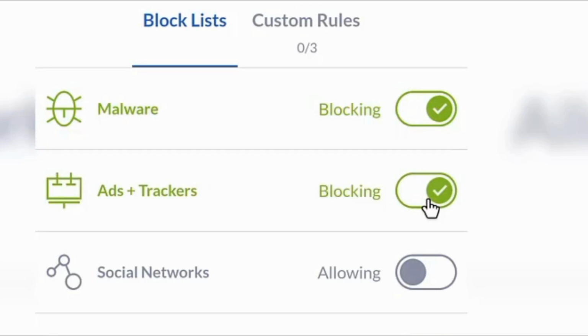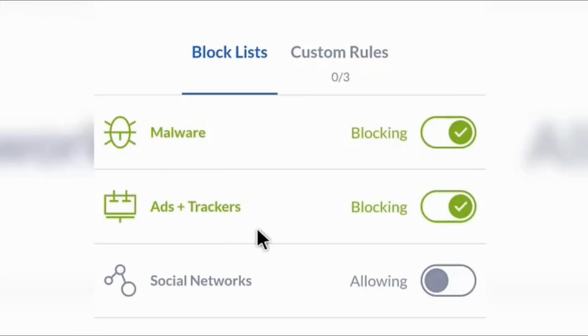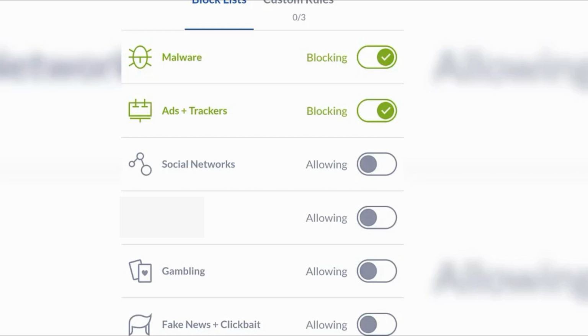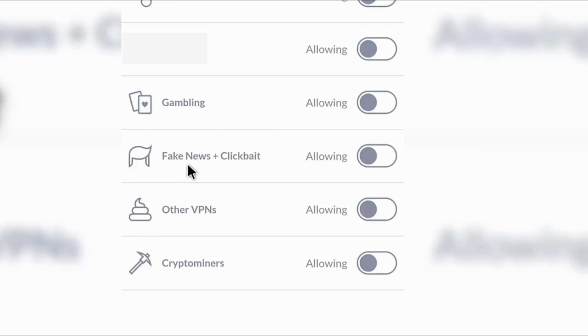Windscribe provides the Robot feature. This tool blocks malware by default. It can also be used to block specific social media websites, gambling, and even sites that publish fake news, which is a pro account feature. To configure the function, you need to go back to your account and click on Tab. Then you simply have to mark the category of the content that you want to block. This Windscribe VPN feature protects you from viruses, etc. Taking control of Robot is putting yourself completely in the cyber driving seat.